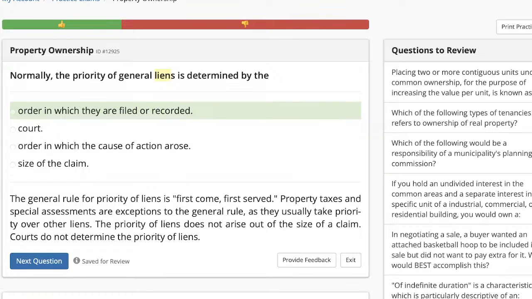Why? Are taxes a general lien or a specific lien? And why is that a little tricky? Why you got to be careful with that one? So we wrote taxes. Is taxes a general lien or a specific lien? The answer is, it depends. That's why it's tricky. Property taxes are a specific lien. Income taxes are a general lien. So be careful on that one, okay, guys? So income taxes are a general lien.